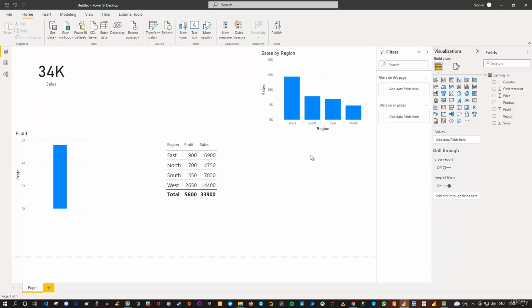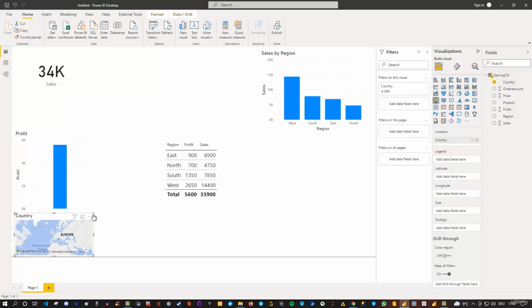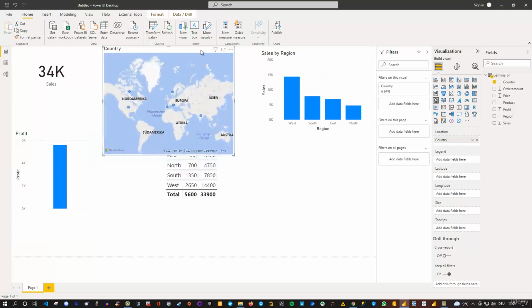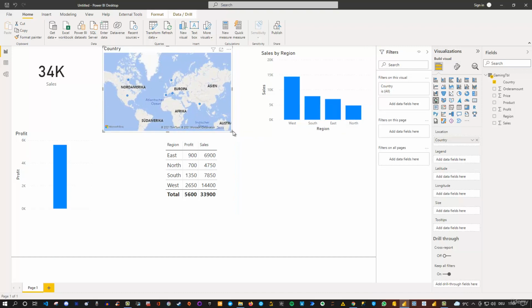Another option which I could show you is, for instance, for the country. The country itself is referring to a country. And if I first click somewhere on my blank canvas and then tick the country option, let's click it, you see that by default, now Power BI creates a map for me. So this is the third default behavior when you're referring to geographical data. So text data always by default creates a table, numerical data creates a bar chart, and in this case, geographical data, like country, for instance, creates here a map by default,